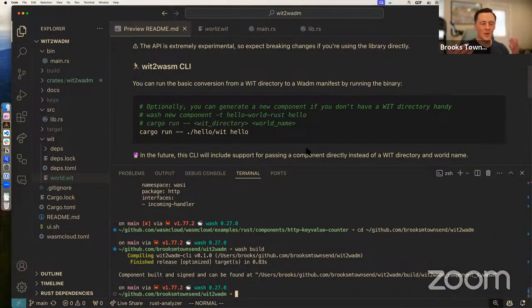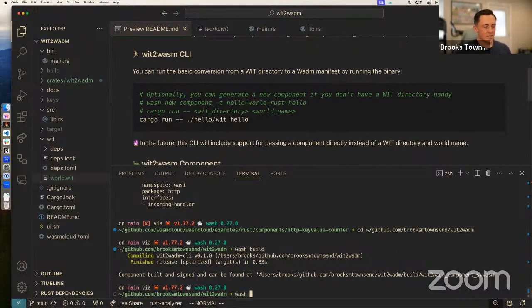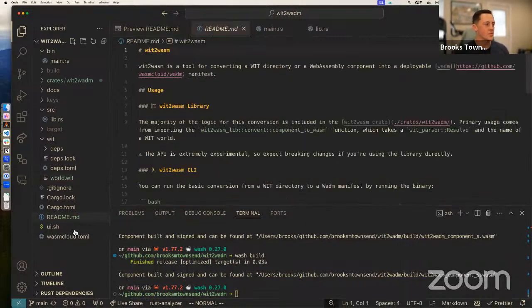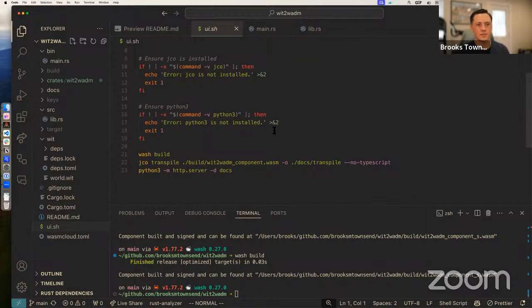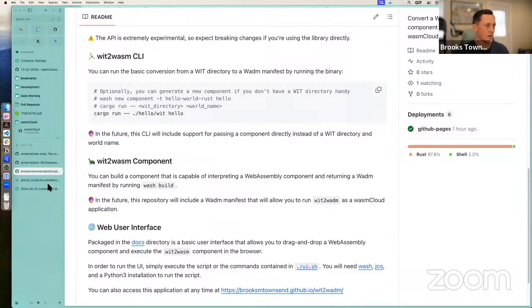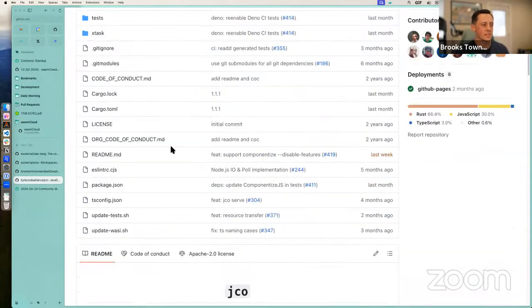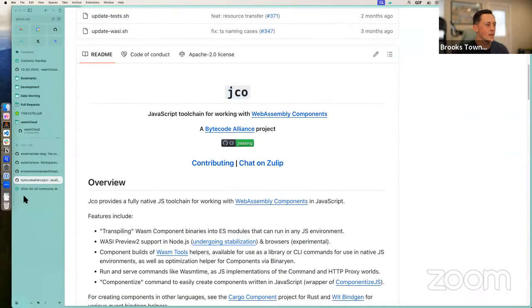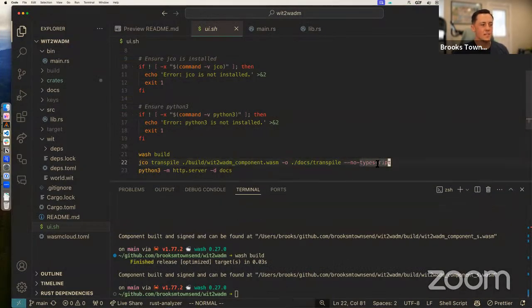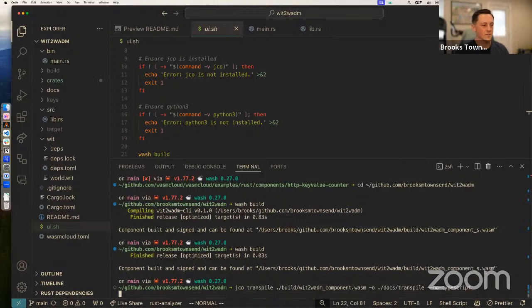I feel like I'm preaching to the choir, but I can't help it with the setup for this. So I was actually able to take this component and use the tool called Jco, which is the JavaScript component tooling from the Bytecode Alliance. Let me go ahead and pull that up while I'm talking about it. For people who haven't seen it before, it's just called Jco. And what I can do is transpile this WebAssembly component that I've built